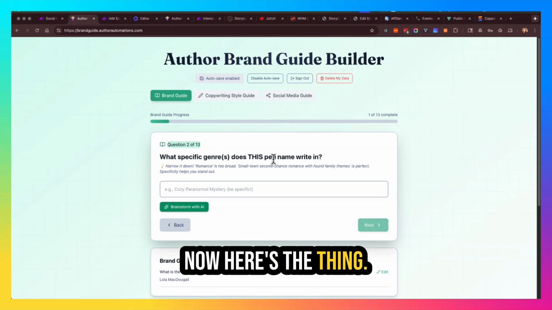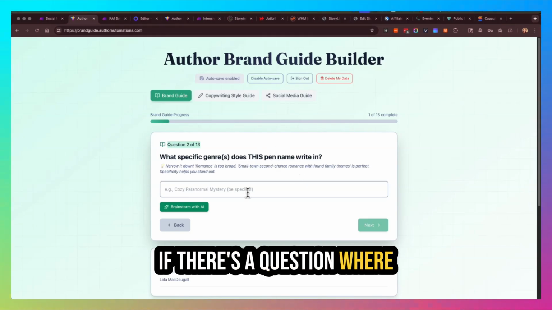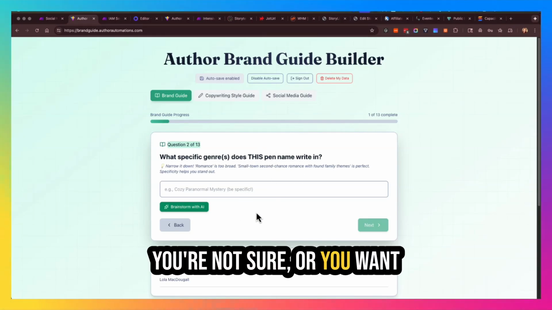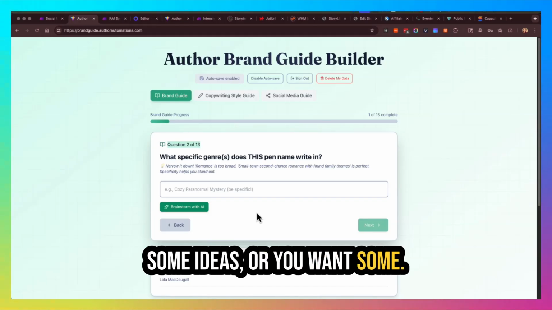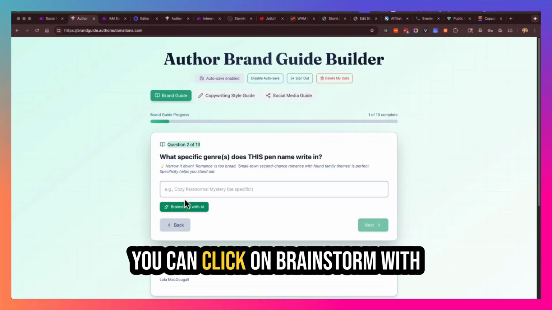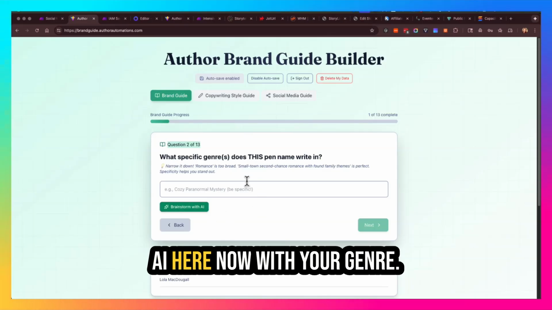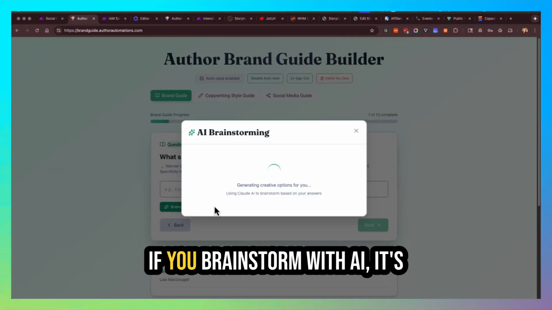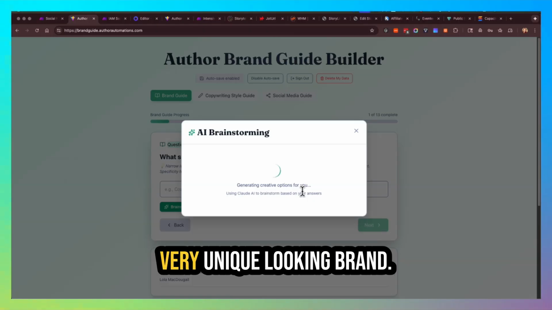Now, here's the thing. If there's a question where you're not sure, or you want some ideas, or you want some best practices or some inspiration, you can click on Brainstorm with AI here. Now, with your genre, if you brainstorm with AI, it's going to come back with some very unique looking brand